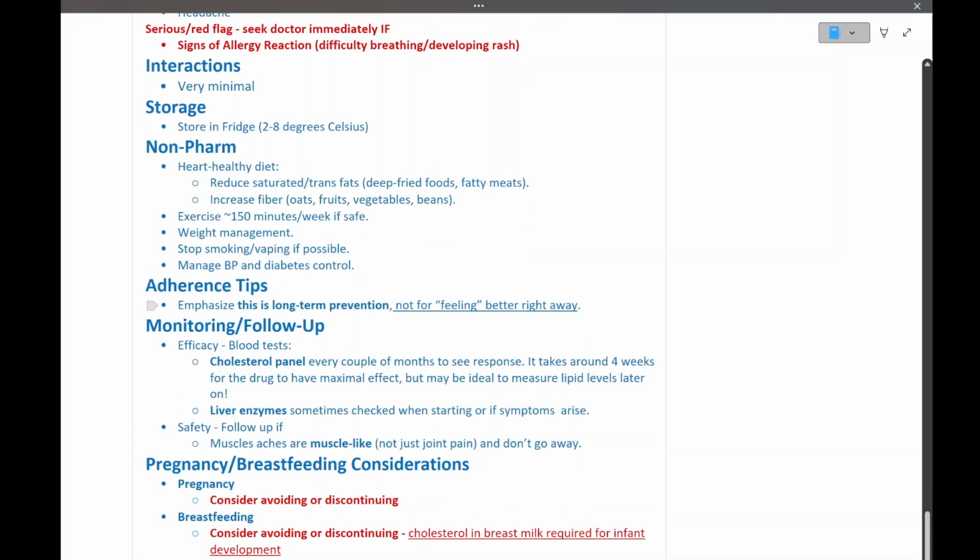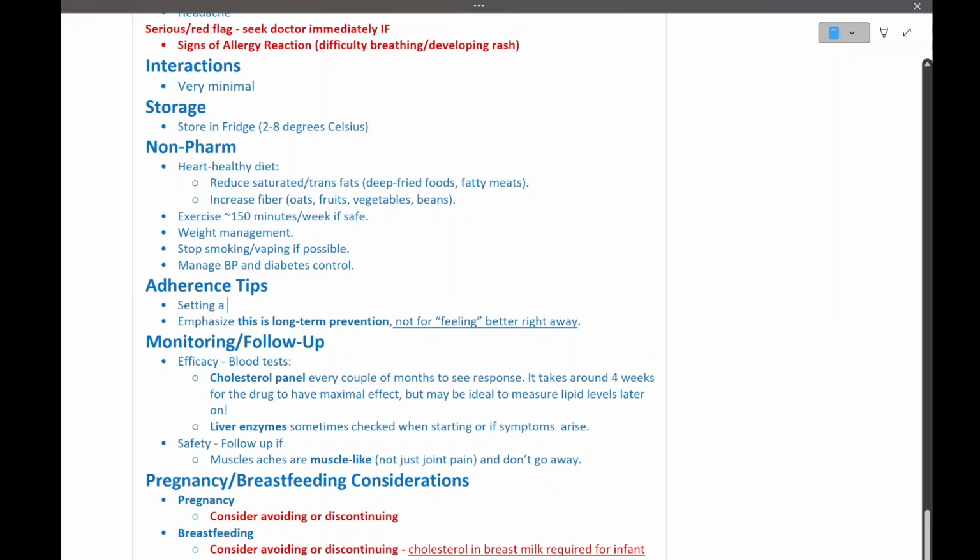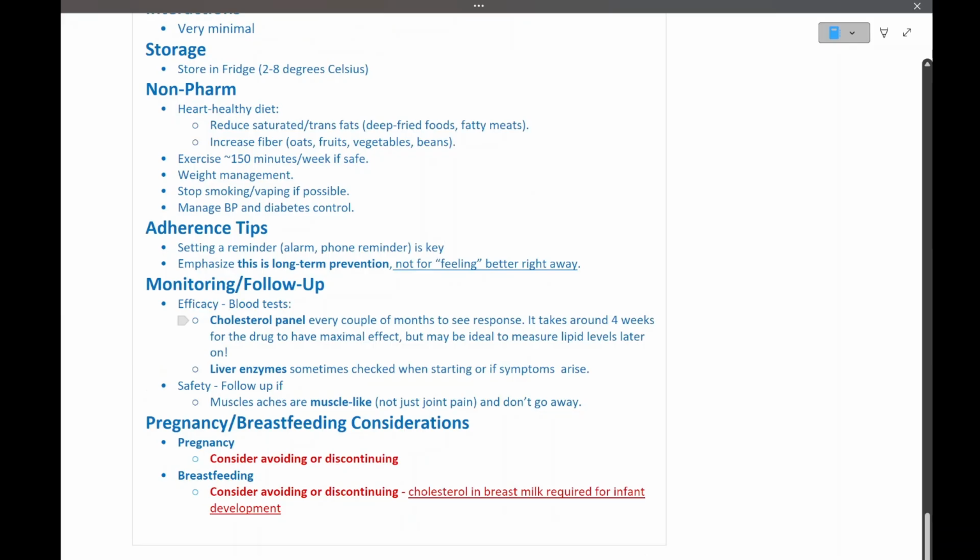In terms of adherence tips, just try to remember to take the medication at the same time when possible, and set a reminder. Setting a reminder will probably be the biggest tip. Setting a reminder, alarm, phone reminder is key. And in terms of monitoring, cholesterol panel,